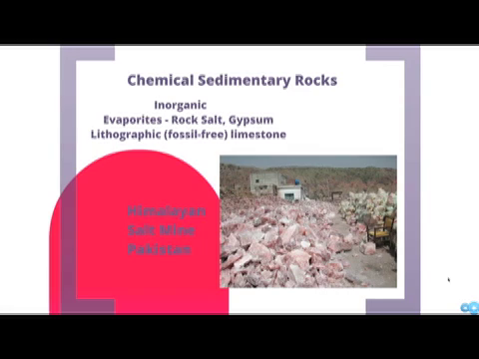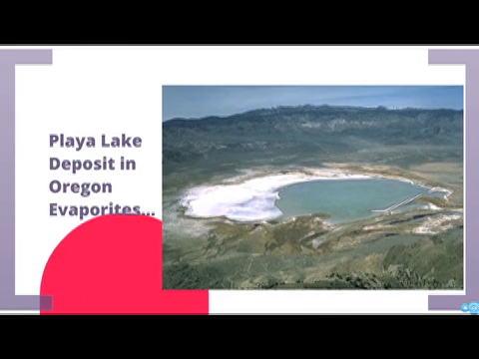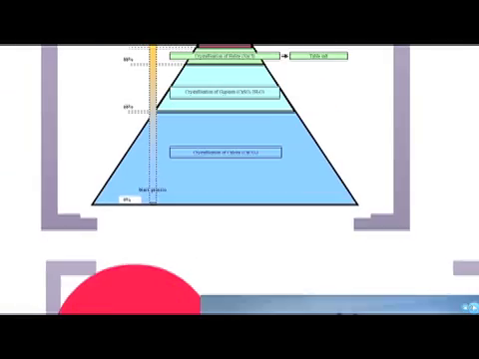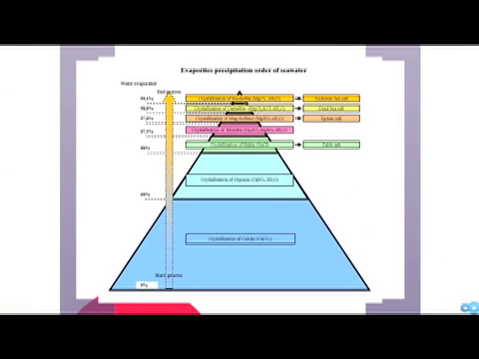Another example of a chemical sedimentary rock is lithographic limestone. When you evaporate enough water, the first thing to start to crystallize is calcium carbonate. We'll get to that in a moment. Here's a playa lake. This is a great example of a place where you're going to get various evaporite deposits. Now there's a whole succession of evaporite deposits. Here's a little triangle diagram. You start out with a whole lot of water, and all these chemicals are dissolved in the water. But when you first start evaporating the water,